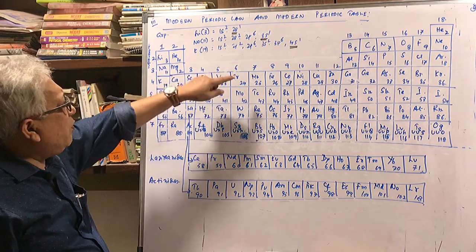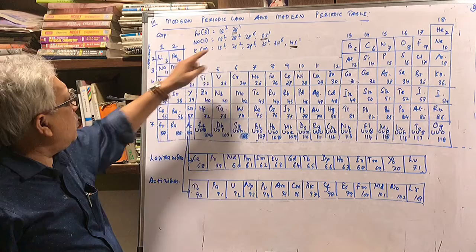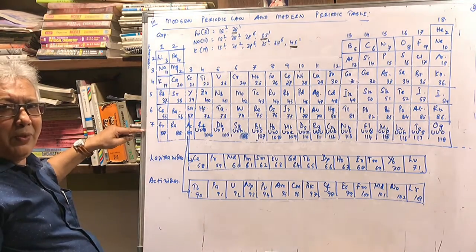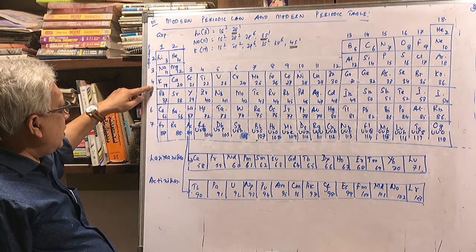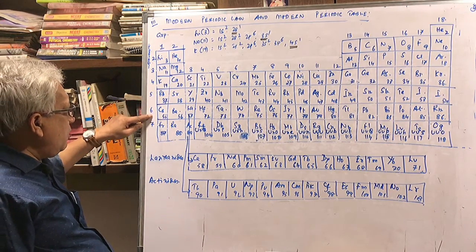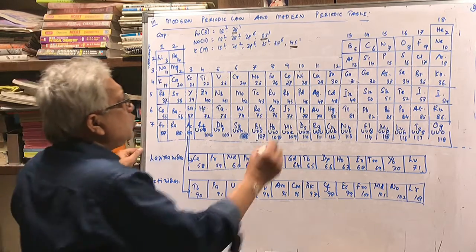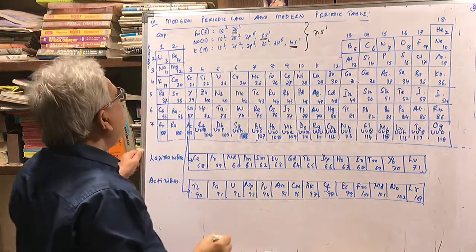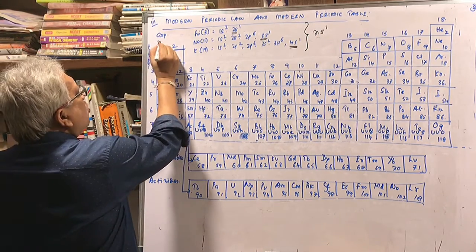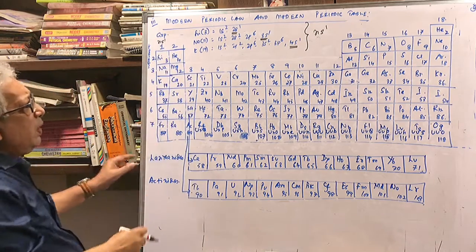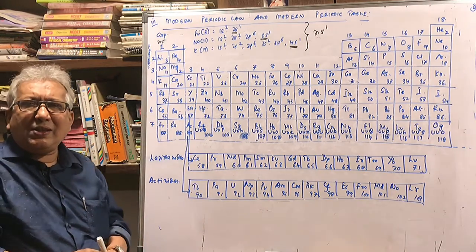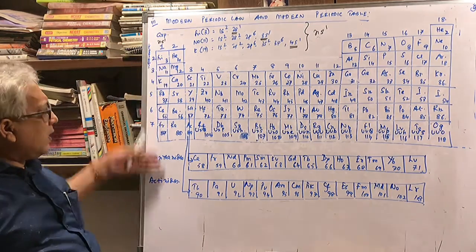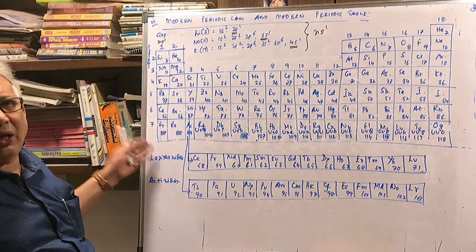So that means they all have outermost electronic configurations 2s1, then 3s1, 4s1, whatever is the period, that will be the outermost shell, by the way. So this outermost shell is the fourth shell, 4s1, this will be 5s1, this will be 6s1, this will be 7s1. So in short, I say the outermost electronic configuration is ns1. So group 1 outermost configuration is ns1. So all of them in the outermost shell have an s subshell with one electron, and therefore they all behave in the same manner, and that's why they have similarities in their physical and chemical properties.